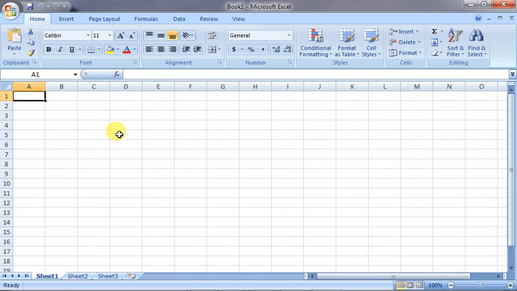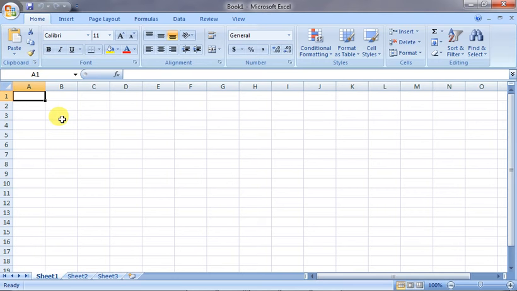So let us come to the linking part in Microsoft Excel. First of all, we have already opened a workbook, and we are on Sheet 1. Here you type some data. These are called sheet tabs. This is insert worksheet, and you can press Shift plus F11, or you can do it from the Insert tab also.